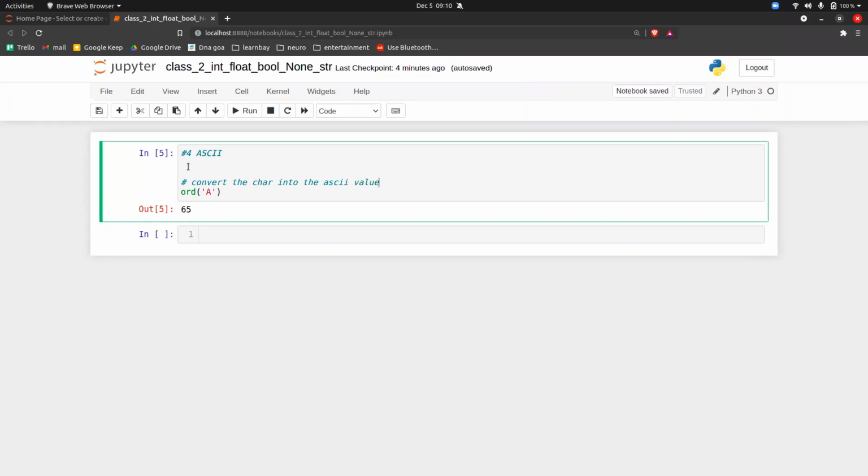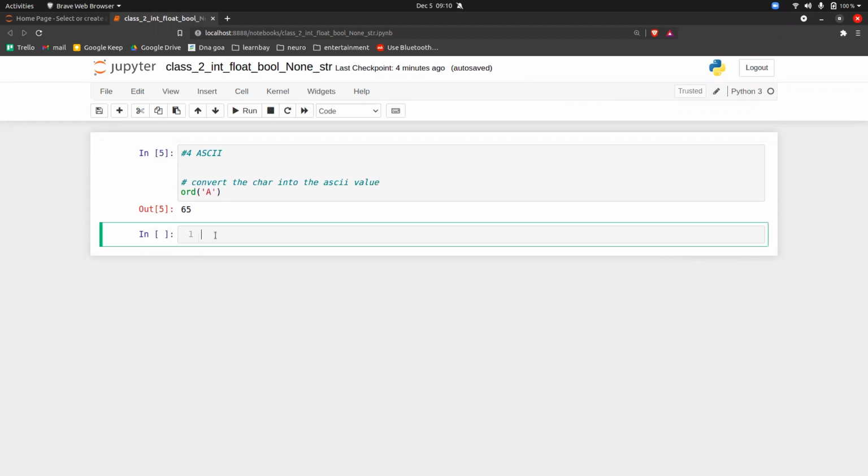Now, you can also do it the other way around. There is a function called chr, for character. What it does is convert an ASCII value to a character.